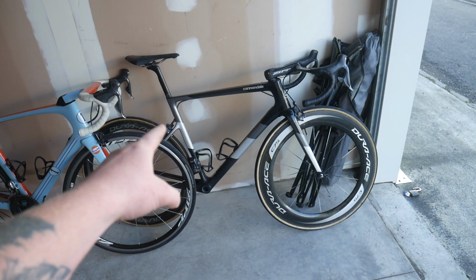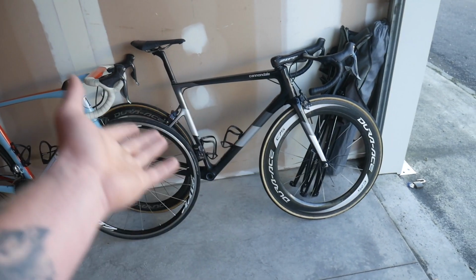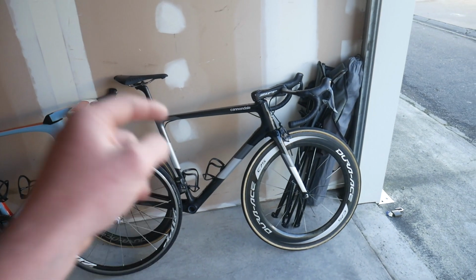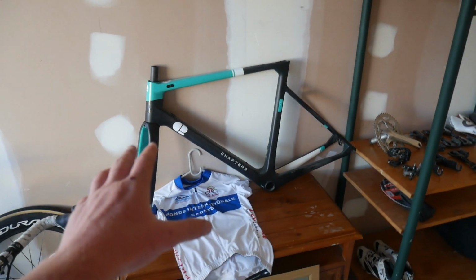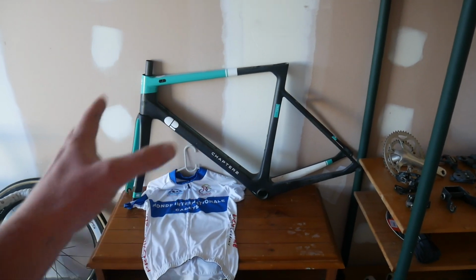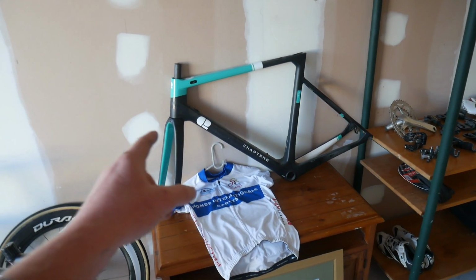Do we keep the Cannondale original? I do personally think this paint job is pretty boring and we could do with spicing it up and really making a cool fleet of bikes. So we could custom paint this, or we could do this Chapter 2. All I need is to buy a new seat post and seat post bolt for it, but other than that it's pretty much ready to go. We could strip this down and custom paint this